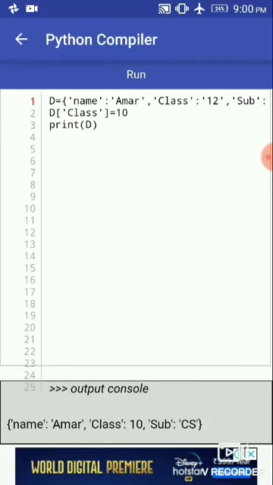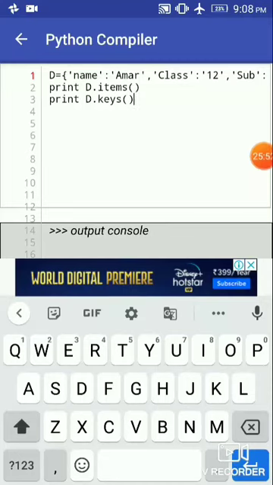Now let's use some Python functions so that we understand it better. Here we use some methods. Our first method is d.items, meaning dictionary name dot items.